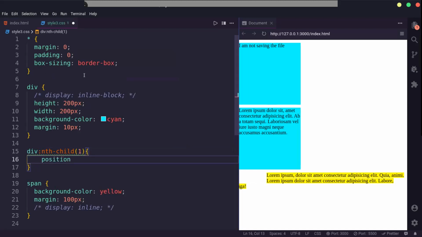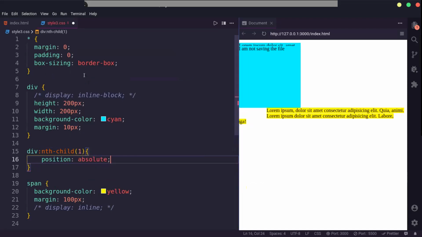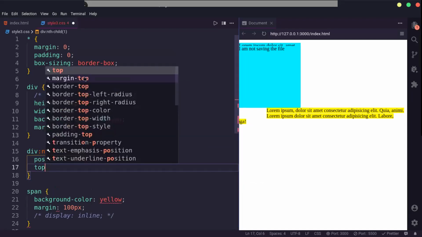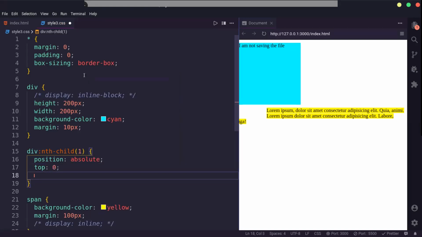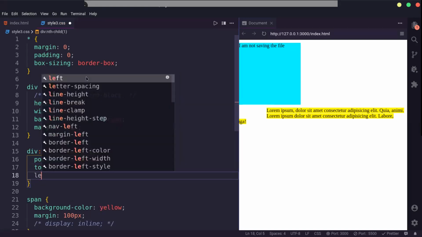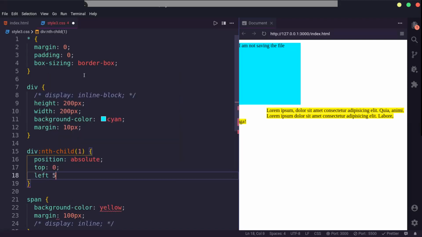So if I declare its position as, let's say, absolute, top 0, left 50 pixels.